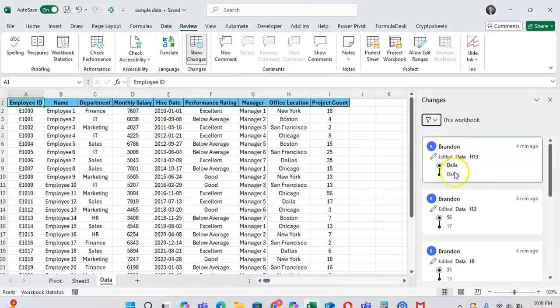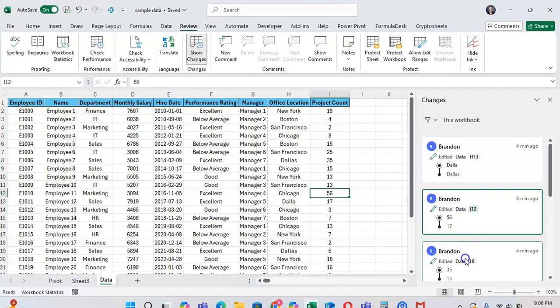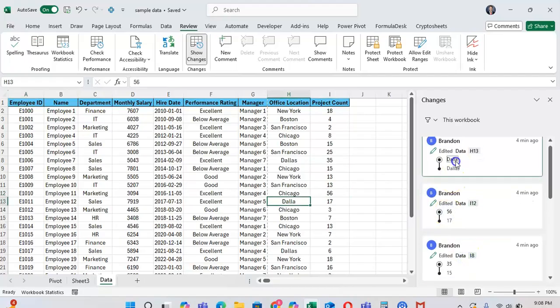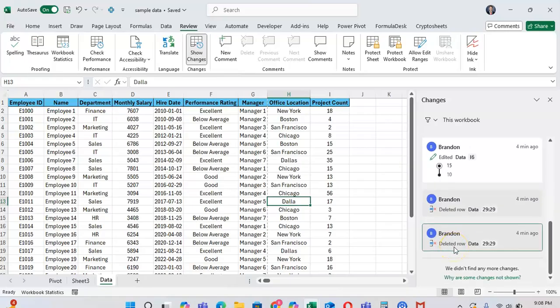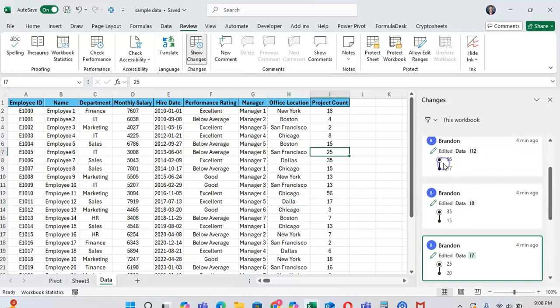As you can see, Dallas was changed to Dalla, 17 was changed to 56, for example. And you can click on these different changes to see where they were made. One thing to note is that whenever it comes to changes like deleting rows or columns, it shows the deletions that were made, but not necessarily what exactly was deleted, so be careful with that. And it does not track formatting changes, but this is helpful to see any value changes that were made in